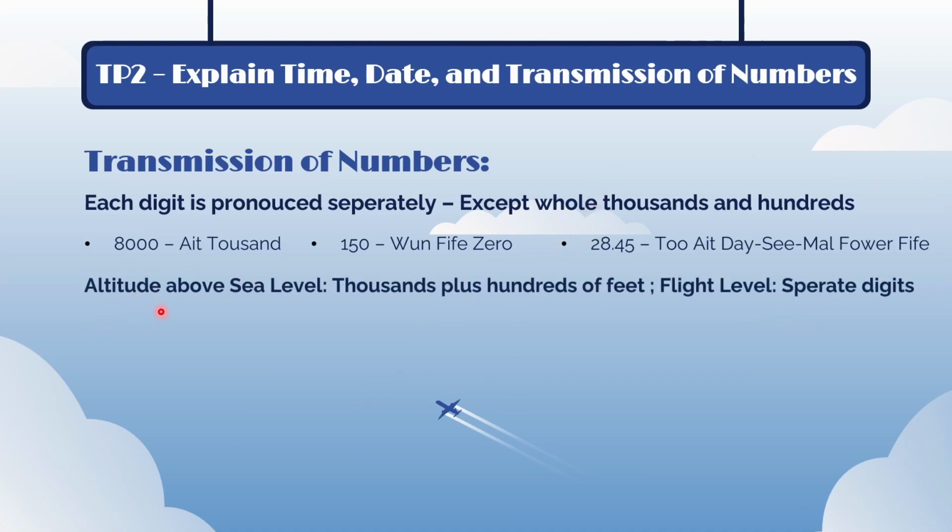And then you've got altitude, right? There are 2 parts to altitude. Firstly, above sea level altitude. We say that by thousands plus hundreds of feet. We use the unit feet. Don't use meters, for whatever reason. Why would you use that? But also, all the altimeters and such use feet, so that's why we use feet. And we round it to the nearest hundred. For example, 2,800 feet, we say